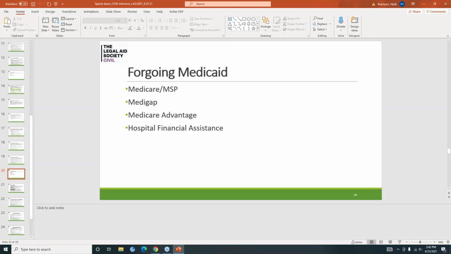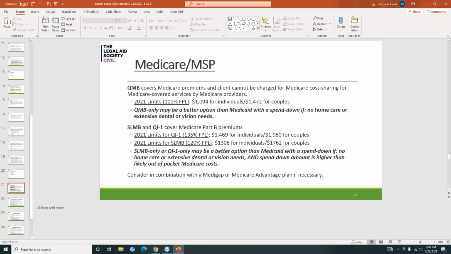So this can entail just ensuring that the consumer has Medicare and is in an MSP program. Perhaps they apply for a Medigap plan or a Medicare Advantage plan. And then sometimes hospital financial assistance might be more worthwhile than perhaps submitting a hospital bill. So we're going to go over this in more detail.